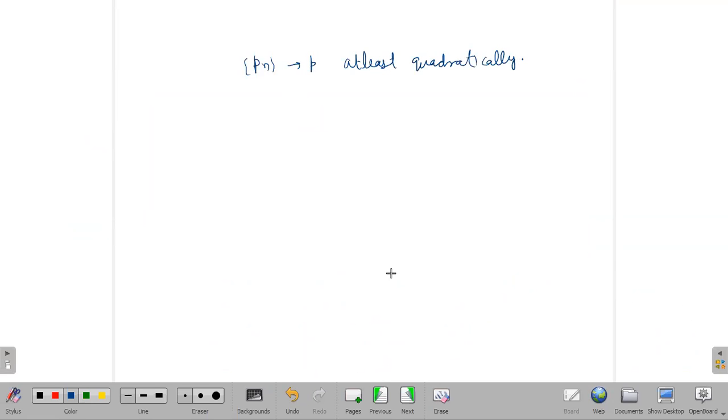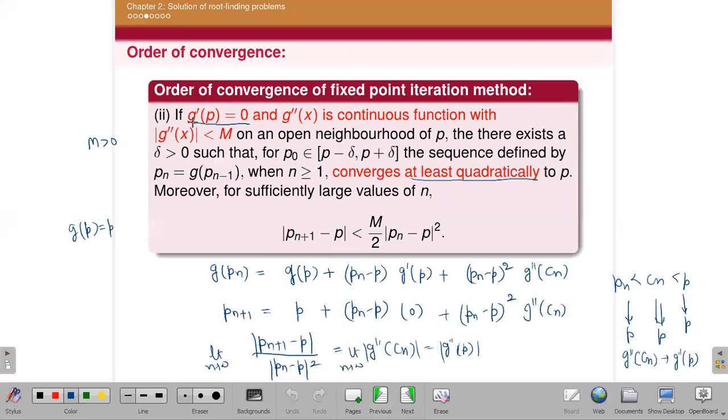So that is depending on g of x only. So if your g of x is satisfying this condition, then you will get the quadratic convergence. Ma'am, when we have written the Taylor series, in the last term, shouldn't it be g double dash p? Yes, ma'am, actually this is the remainder term. So if you write the last term, then you write any number between the interval. Suppose I'm writing the Taylor series about a and b, then you have to write any number between a and b. If you remember in the Taylor series. Okay. Yes.